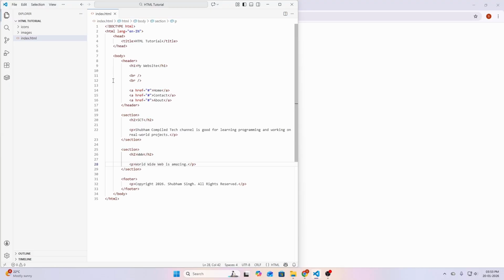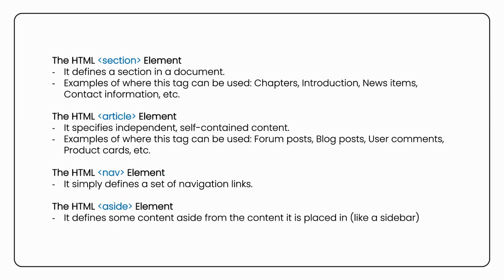Examples of where a section element can be used are chapters, introduction, news items, contact information, and so on. A web page would normally be split into sections for introduction, content, and contact information. Next, we have the article element. The article element specifies independent, self-contained content. An article should make sense on its own, and it should be possible to distribute it independently from the rest